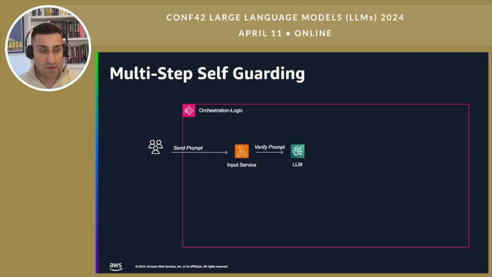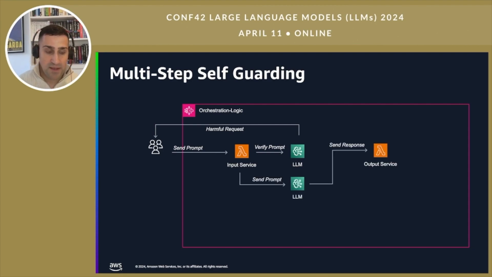We can have an input service orchestrating by taking the user's input and adding a prompt template around it to send it to the LLM to just verify if this user request is a harmful request or not. We would stop here. If not, we will proceed and take the user's main request and send it to the LLM. So now we would get the response, and inside another service, we will take this response and store it